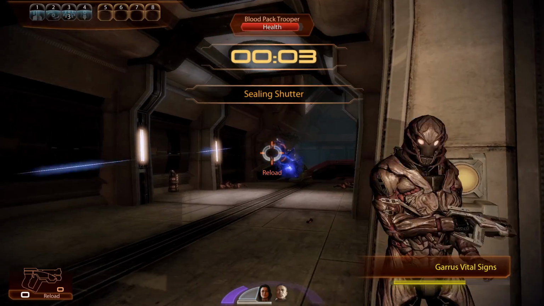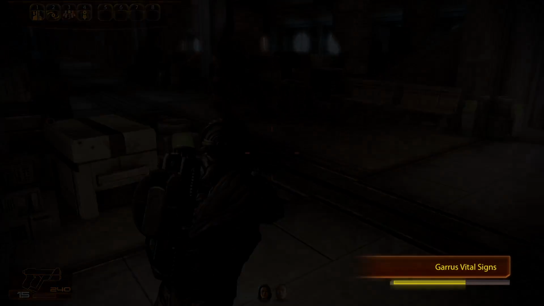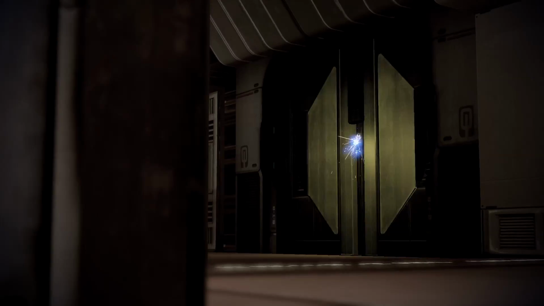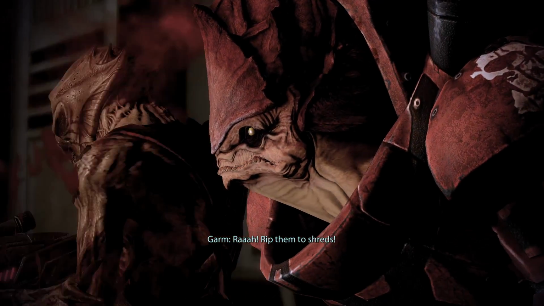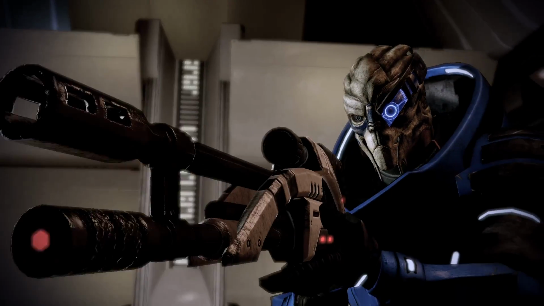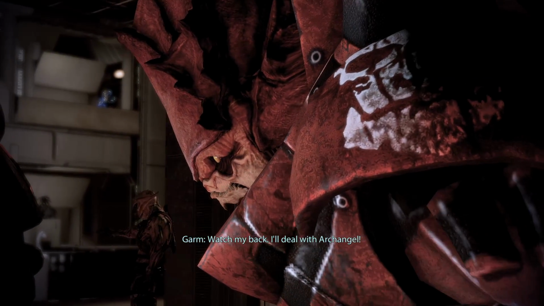And there you go, that's all she wrote. So we get to go back to Garrus now and find out what's going on. So the Bloodhounds decide to finally come, and we got the boss, Garm. And as I say, he's normally pretty tough, but luckily for me, I think we get a couple of lucky hits that strip his shields, which means my biotic powers will work on him, and we end up fighting his